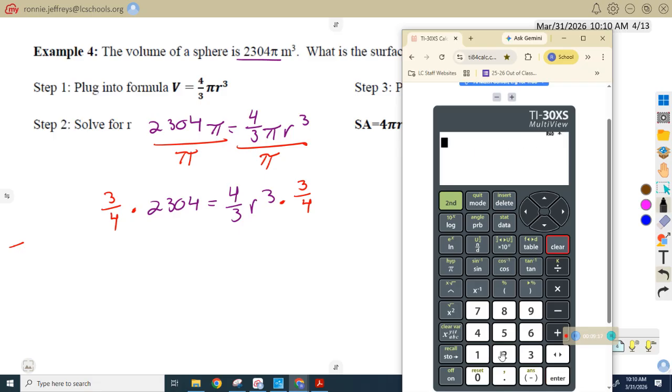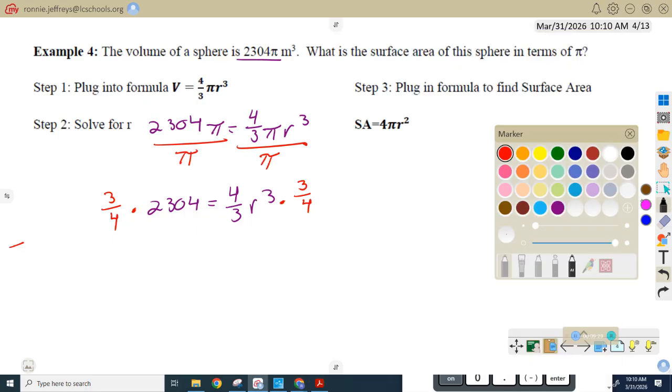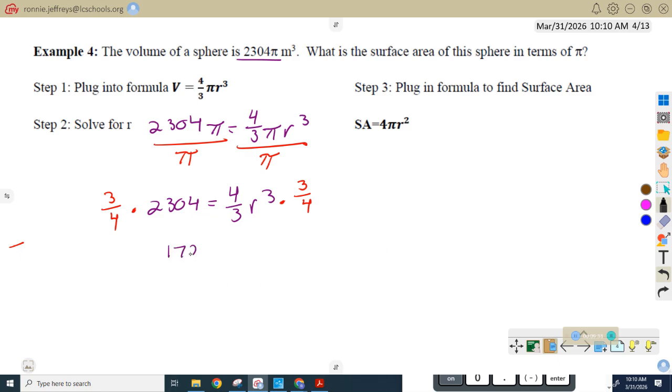I typed it in wrong. All right, there we go. So 1728